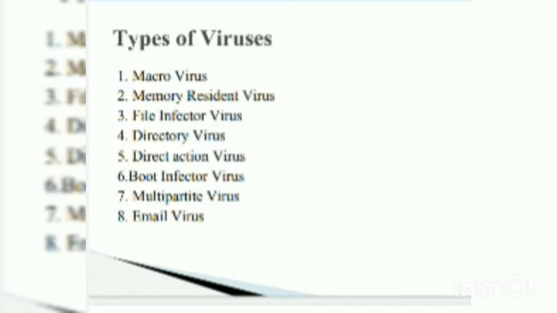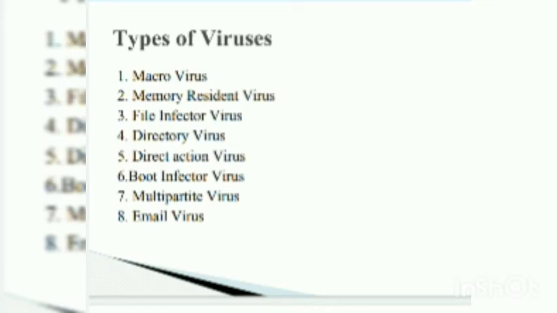Now the next virus is multipartite virus. A multipartite virus is a computer virus that infects and is spread in multiple ways. Each infection by the multipartite virus is different from any of its previous attack. So it can attack in any way. It can attack like a boot infector virus, like a direct action virus, like a directory virus or any other type of virus. An attack by a multipartite virus may force a hard disk to reformat itself or bring about a change in the file size.